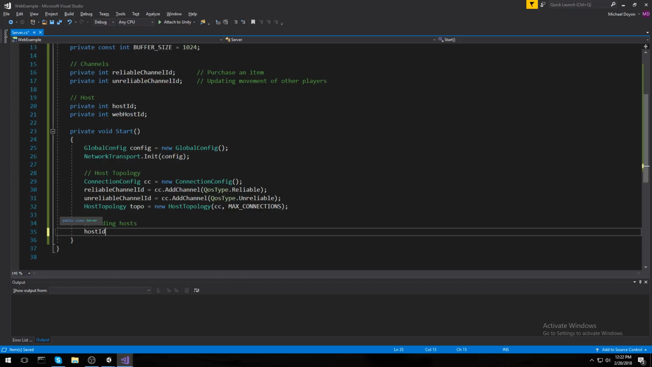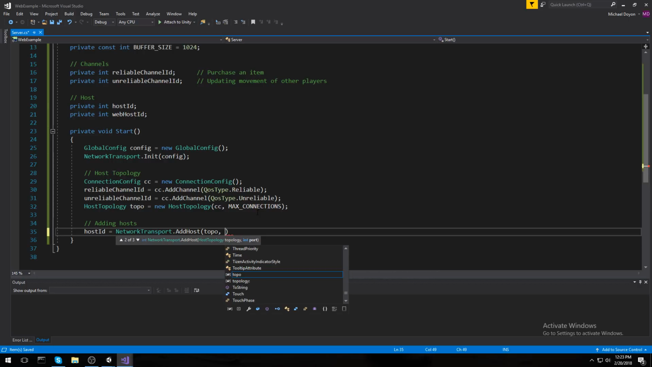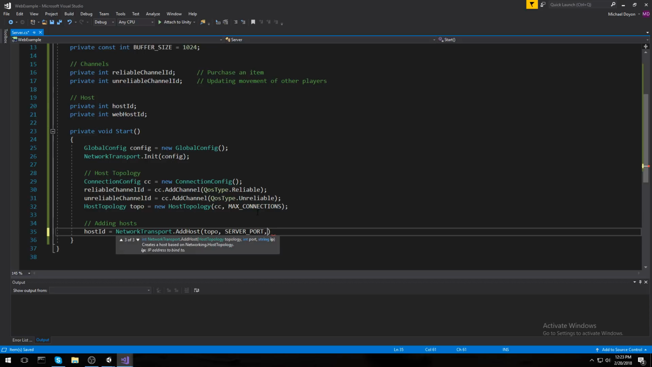We have to use our host ID and then do a network transport again, add host, and then it asks us for the topology, something we just created a second ago. Then we of course want to send the port. In this case, this is the one that is not on the web. So this is the host that receives connection from other standalone clients. So we'll be using the server port in this case. And then there is also one more parameter you can send. In this case, it's called a string IP. It's an address you can bind your host to. So in our case, we're going to be using our own address depending on what is our own address. So right now we're on localhost. It's going to be